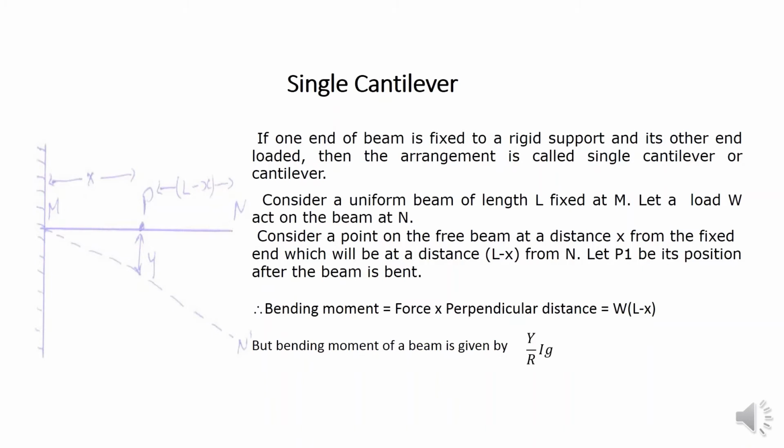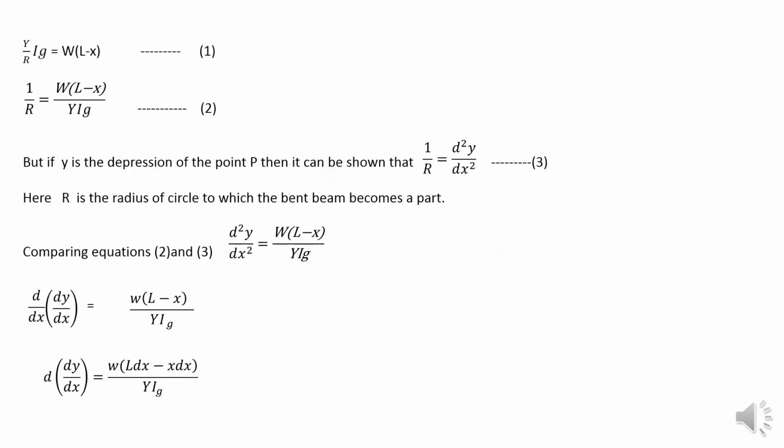In the earlier derivation, we have seen this. Therefore, equating, 1 by R is equal to W into (L minus x) divided by Y into Ig. But if y is the depression of the point P, then it can be shown that 1 by R is equal to d square y by dx square, where R is the radius of the circle to which the bent